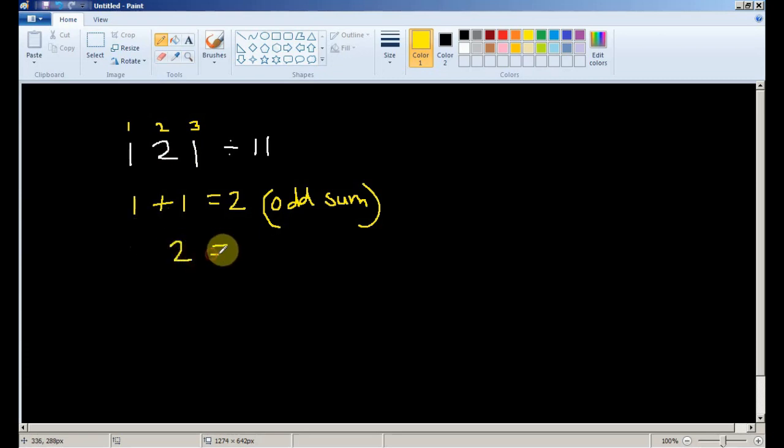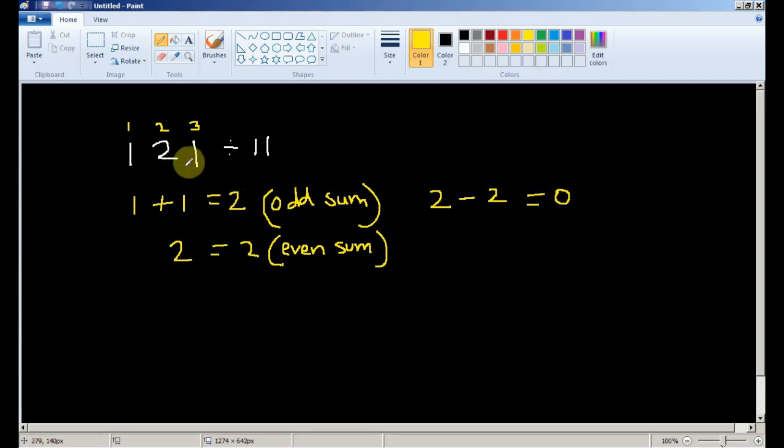There is only 2, so the sum is 2. This is the even sum. Now subtract the even sum from the odd sum. 2 minus 2 gives me 0.